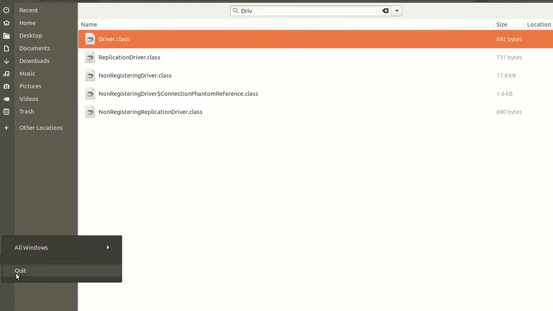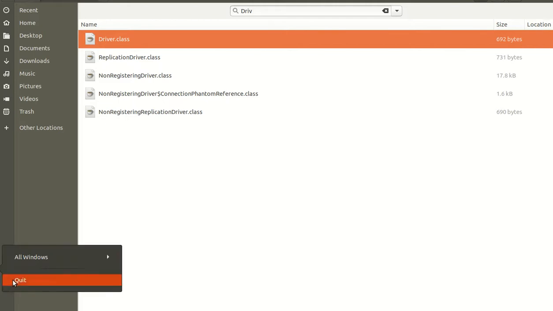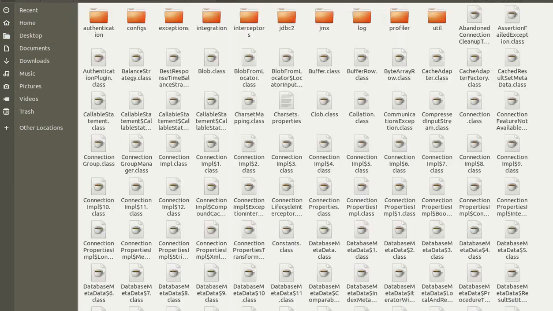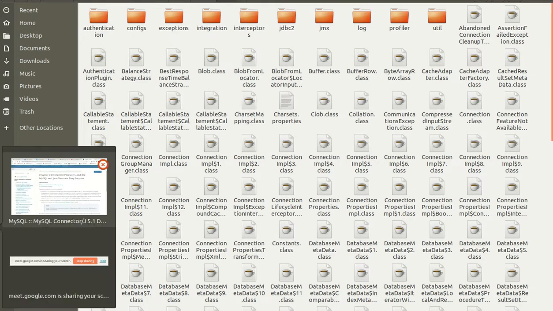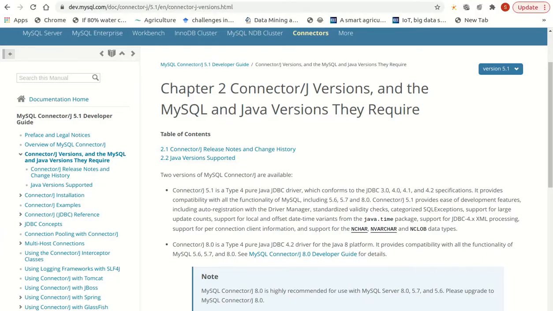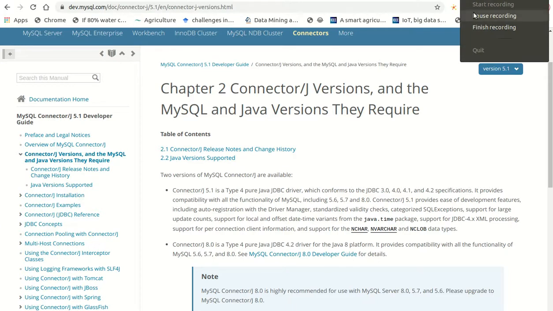Okay, is it clear? What is first required to do? You just have to Google and download this jar file. What is the name of the jar file? The name of the jar file is mysql-connector-java. Okay, so from there you can download this jar file.